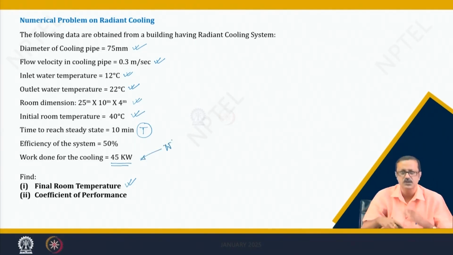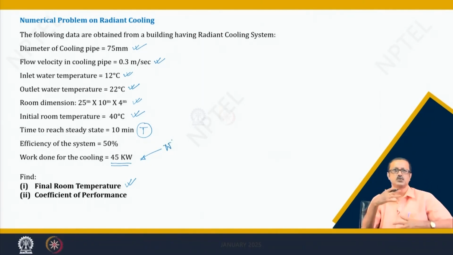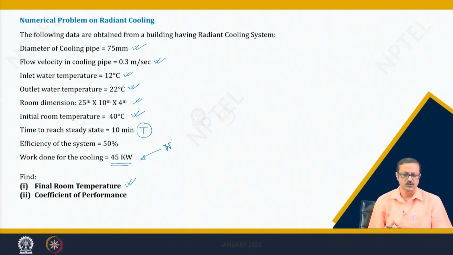So, by virtue of some kind of cooling arrangement, we have to cool the water. You may use some portion of evaporative cooling, then maybe some other type of cooling, and then you have to pass it through some kind of refrigeration cycle. So, a total of 45 watt is going to be your total energy expenditure to run this cooling system,